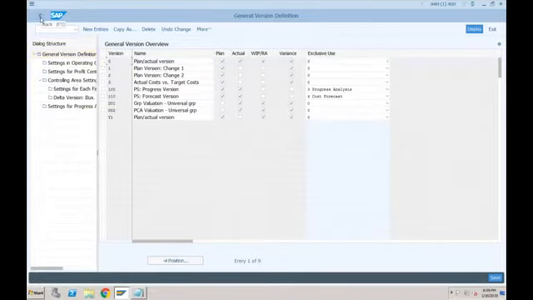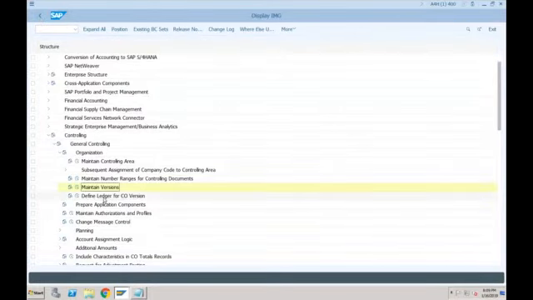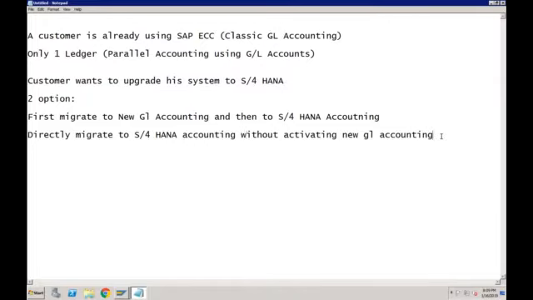Let's come out. Now this is something that you will not find in SAP ECC. Define ledger for CO version. Okay, define ledger for CO version. Let me give you the background of this activity. See, when we were working on SAP ECC, normally when we say primary postings or primary cost element postings, to be very specific, what do you mean by primary cost element postings? It is when you do any transaction in FI, it flows into CO.